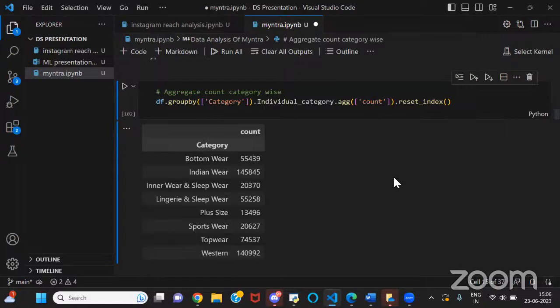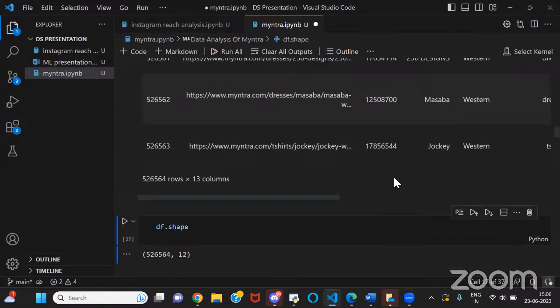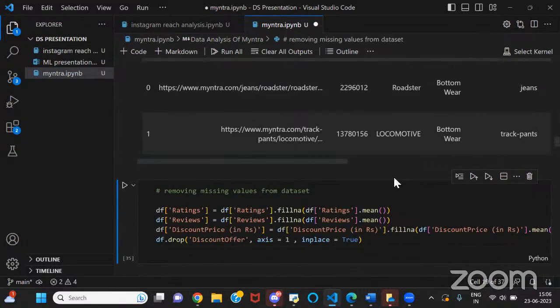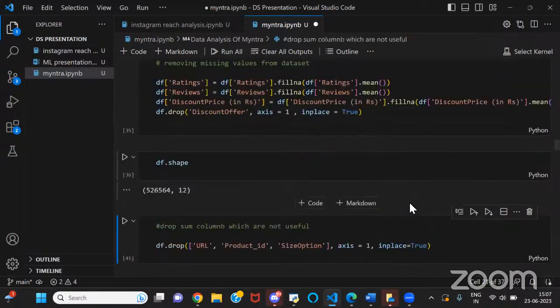So to analyze the data set and handle these missing values, I removed missing values from the data set. What I did: I dropped the discount offer column along axis one, and for the other columns I filled the missing values with the mean. So rating, reviews, and discount price, I filled with the mean. Now I check my data shape. Now there are 12 features instead of 13, 12 columns. The rows are the same,